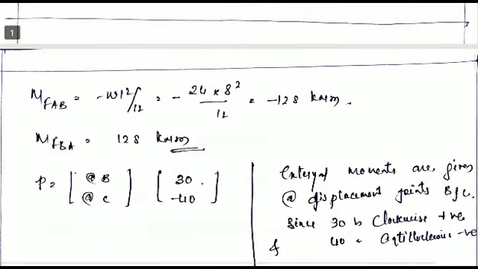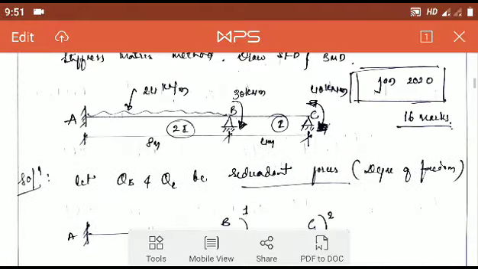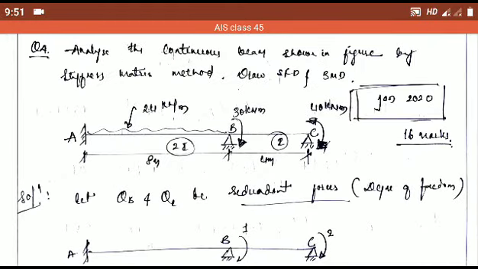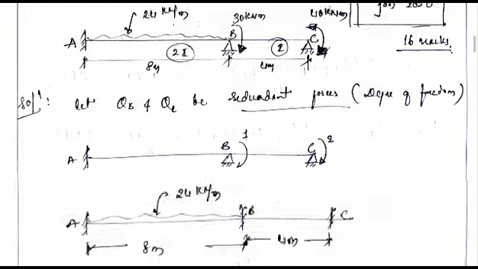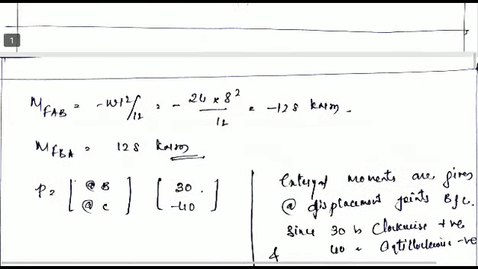So for the P value, we need to know the moment at C joint and moment at B joint, because the first coordinate we have selected is B and the second coordinate is C. Are there any moments given at B and C joint, so that the displacement should be known? Yes, in the first question we can see there is a load of 30 kilonewton meter in a clockwise direction given at B joint. Similarly, there is 40 kilonewton meter in an anti-clockwise direction given at C joint. So while writing this P value, make sure to take the plus and minus signs here.